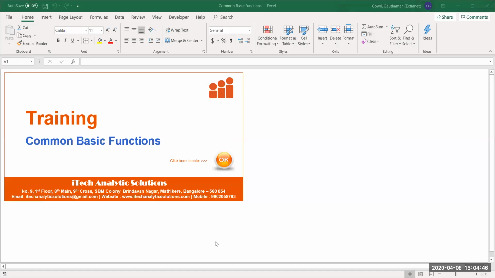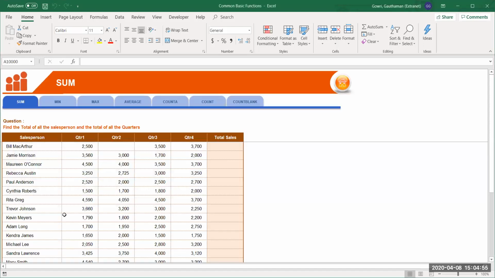So are you all able to see this common basic function screen? Yes, ma'am. Yes. Okay. Yes. So now,